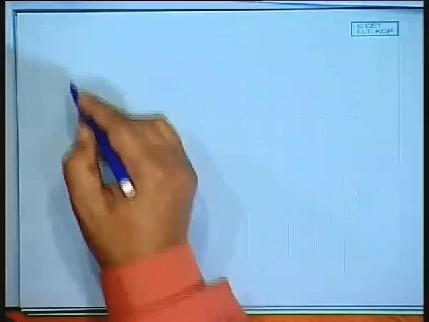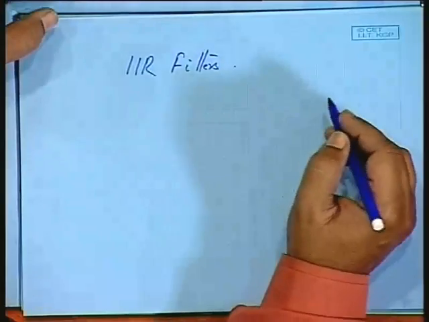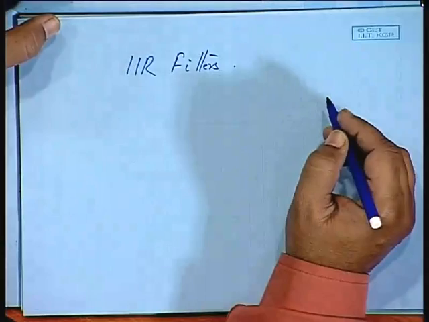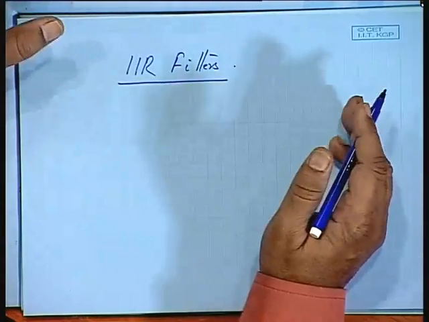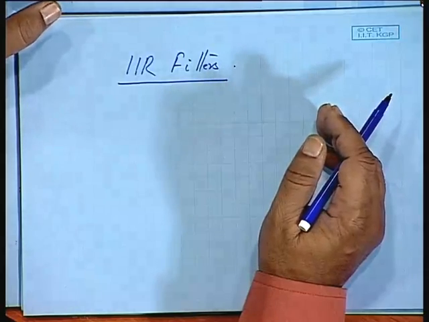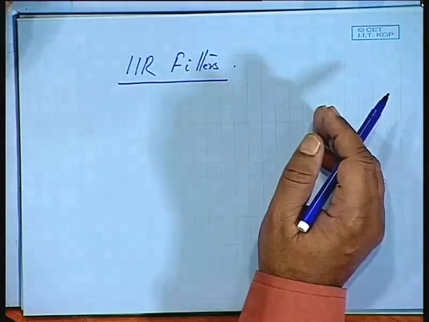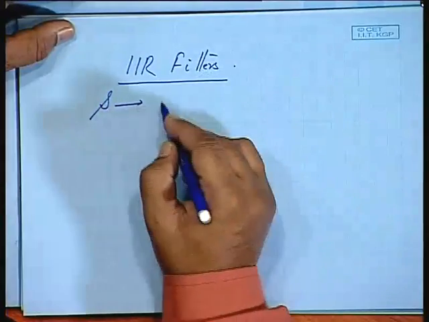We were discussing last time about IIR filters. Now, the design of IIR filters is based on the design of analog filters. It is a very simple technique. Analog filter design is highly standardized. So, from the specifications you design any of the analog filters and then make a substitution for S as a function